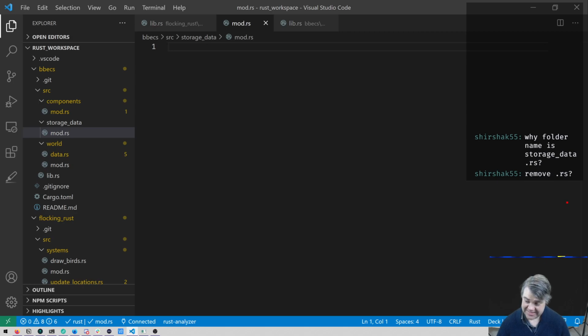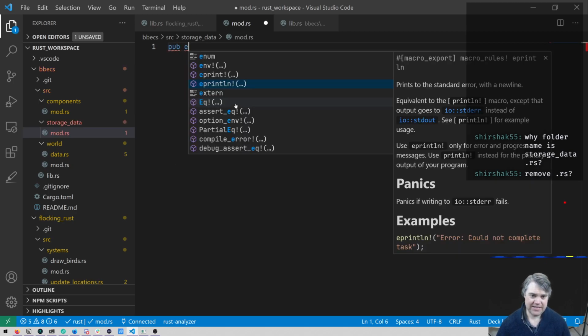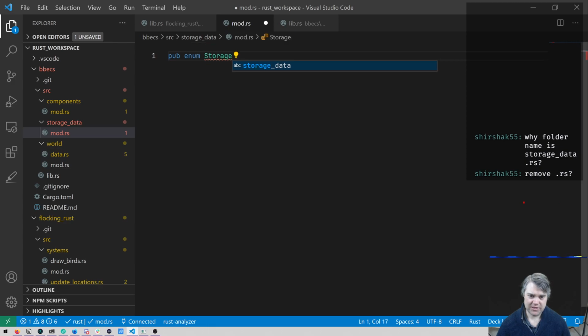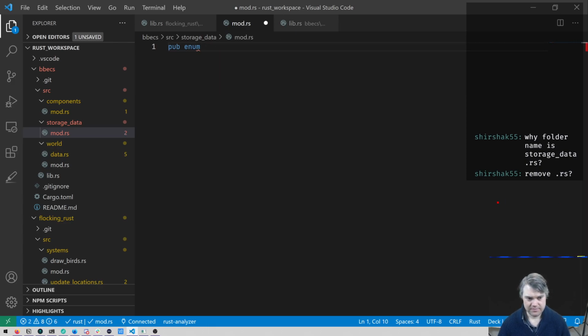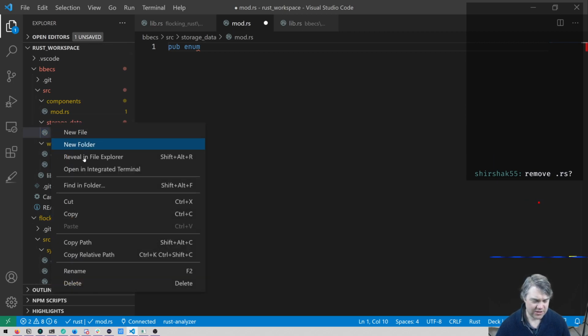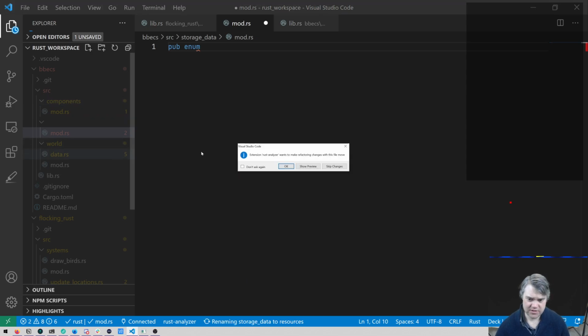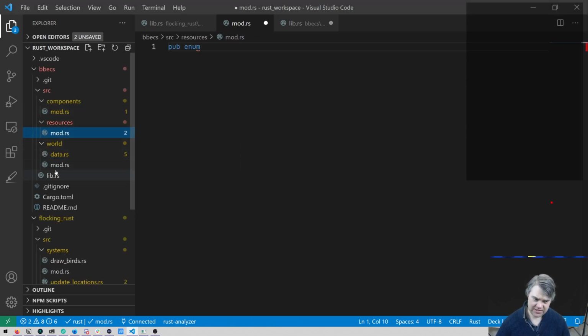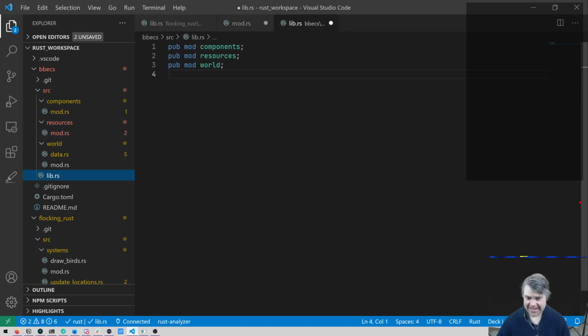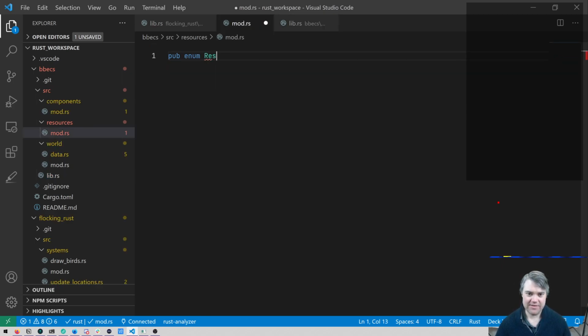Okay, so let's say I have a pub enum storage, like, I guess I don't want this storage. I want this to be like a resource. Like if I follow the same component, okay, let's make this resources. Now, did you work? Oh, look at that. Rust Analyzer making changes here too. Nice. Okay, so if I have resources, now the first thing that we care about here is our,